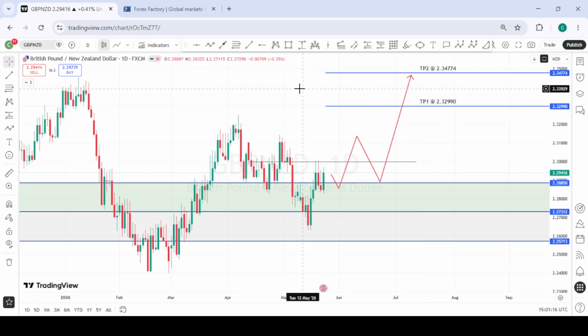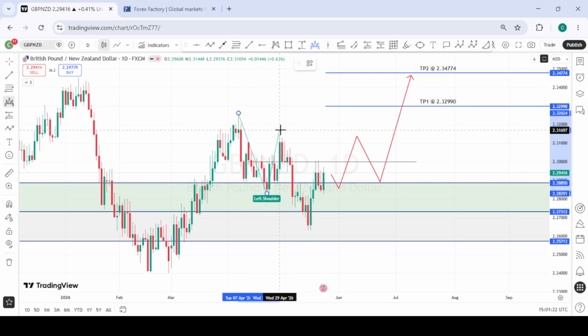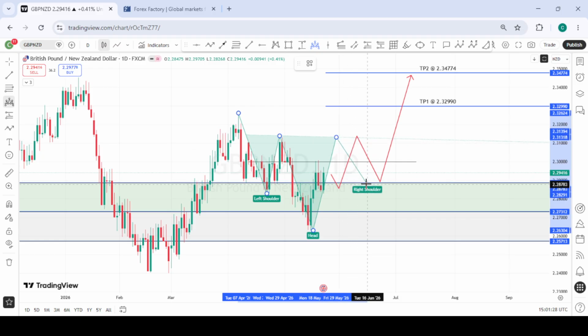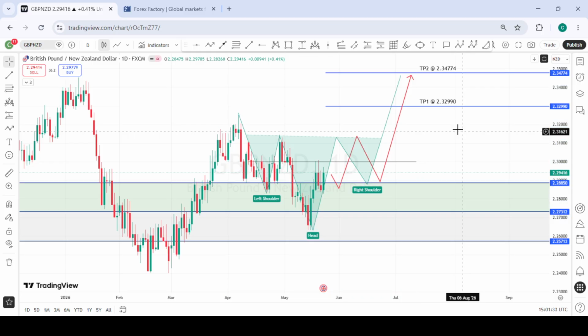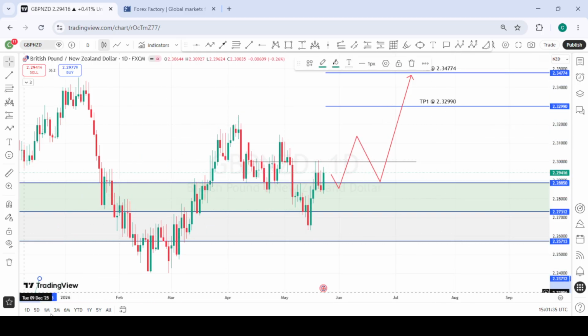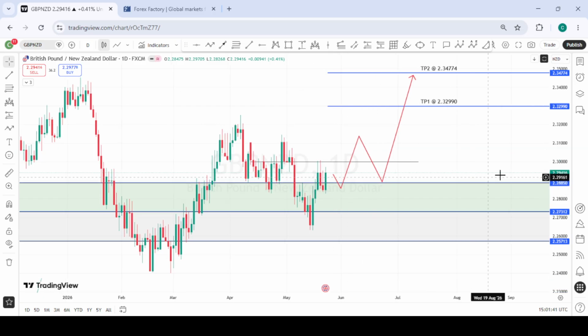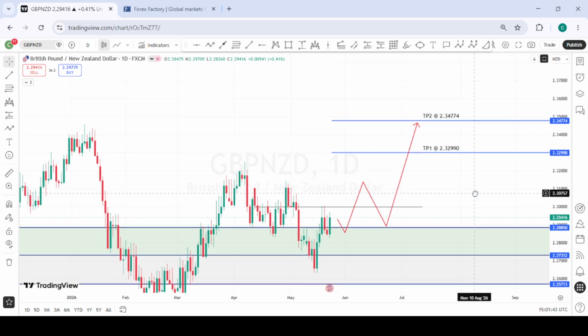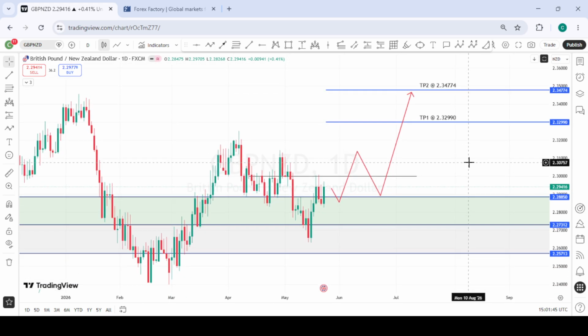So it's more like an inverse head and shoulder that is developing gradually, and this is the inverse head and shoulder that's likely to develop. This is the left shoulder, this is the possible head, and we are looking for the right shoulder to form. We get the right shoulder and we get a continuation to the upside. So we are very bullish on GBPNZD, but for next week, what we are looking forward to is a possible pullback here into the area of interest once again. Then we look for buying opportunities to the upside, targeting these various targets we have above here. So we are very bullish on GBPNZD.